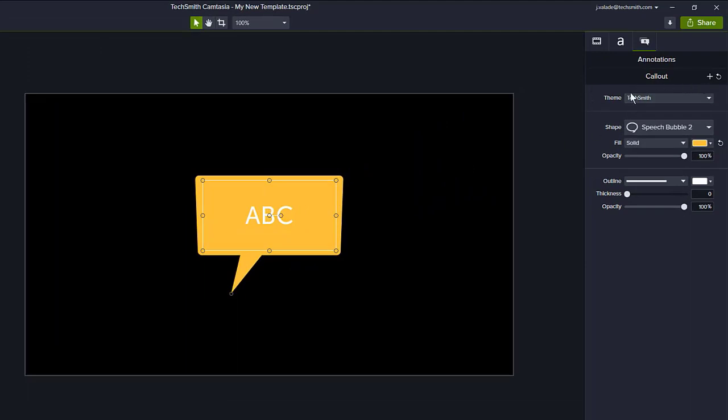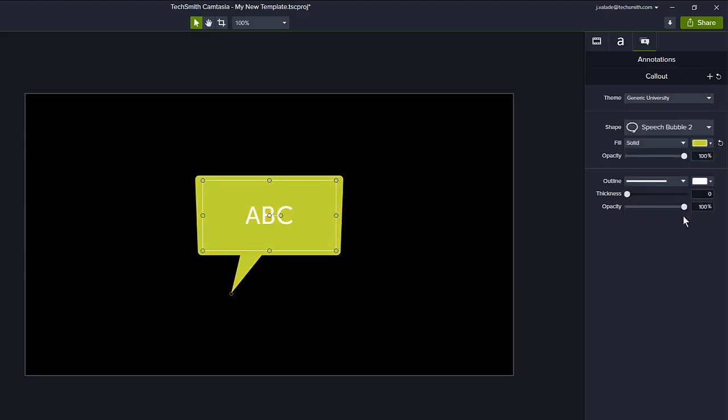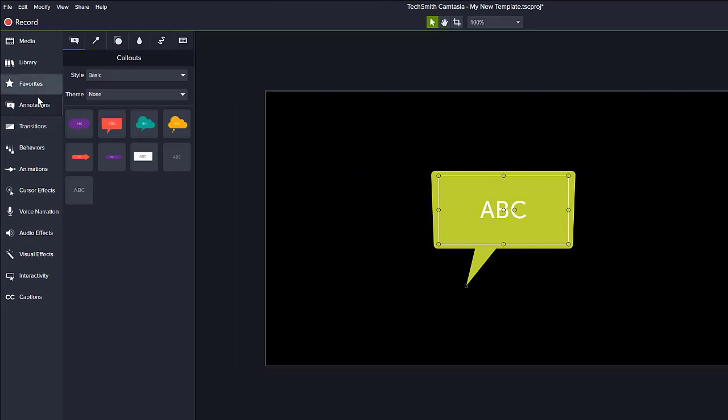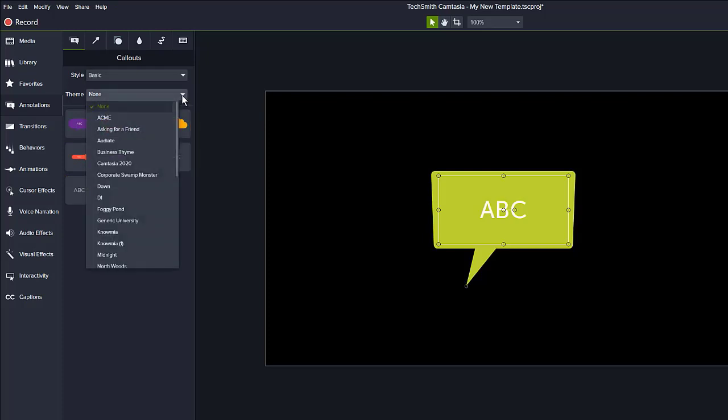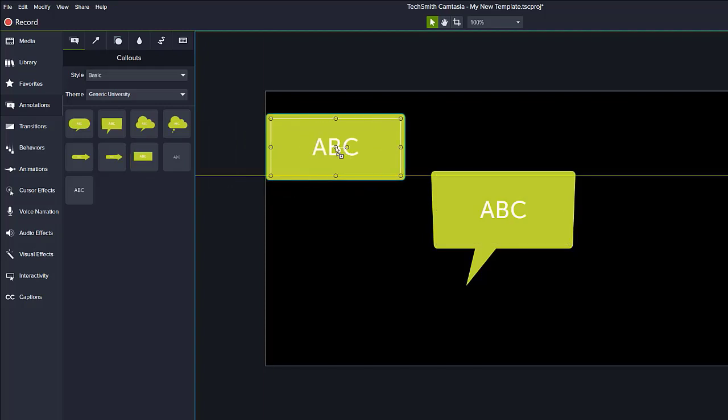Wherever there's a theme dropdown, I should be able to click that dropdown and choose the theme I created. In this case, Generic University. So a theme is a great way to start building consistency with your videos, because now, with Camtasia 2020 especially, whenever I'm in a tool like the annotations tool, I can still use any of my callouts that I'd like, but I can actually see what they'll look like based on the theme I created by using the theme drop down here. And now, just like that, I can grab any of those callouts and they will maintain that same